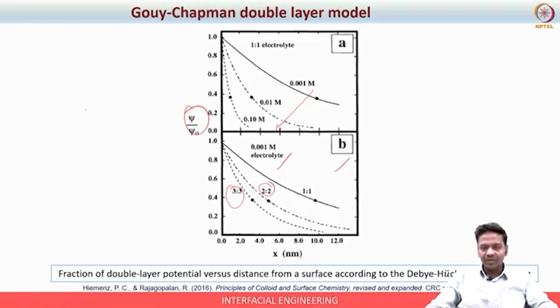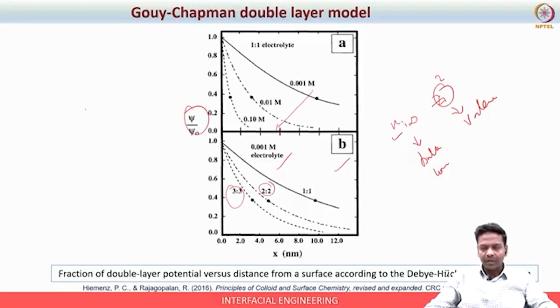In the equation, we know there is something called Ni infinity. This is the bulk concentration. Okay. And there is something called Zi square. This is nothing but the valence. Okay. By tuning the bulk concentration, keeping the valence constant, one can show that the potential will be